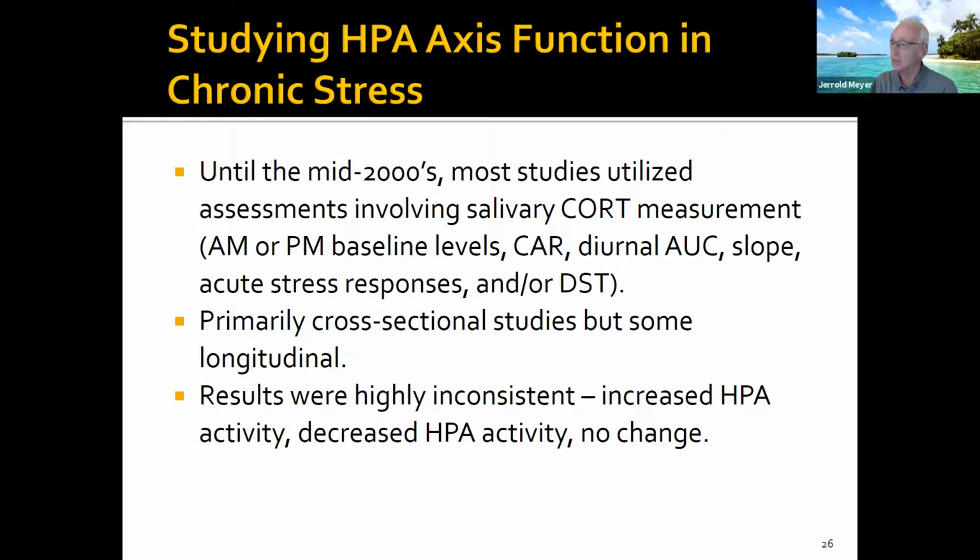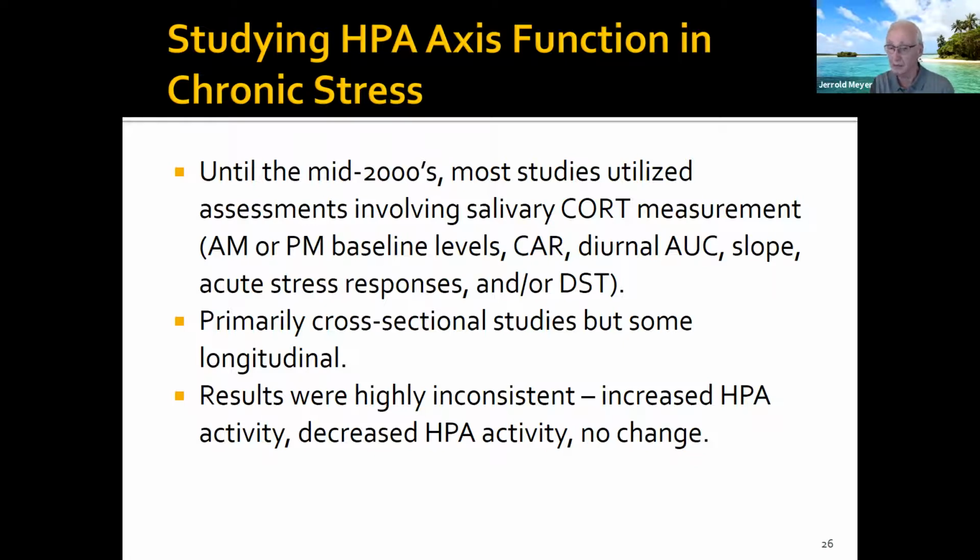So in chronic stress, up until the mid-2000s, most researchers who wanted to use the HPA axis, use cortisol to study situations of chronic stress, still pretty much had to rely on salivary cortisol. And many studies are out there, and people do continue. I'm not trying to totally diss salivary cortisol, even for chronic stress. Many researchers continue to use salivary cortisol, even for chronic stress studies. But